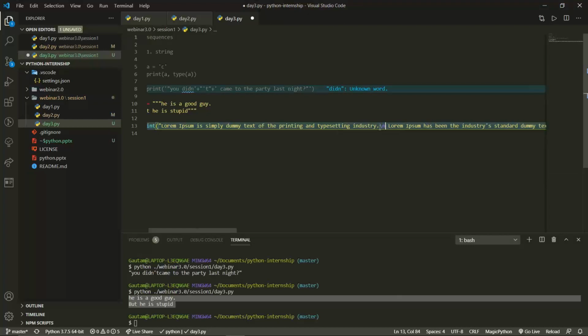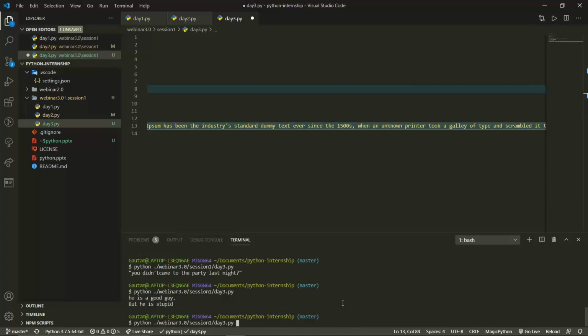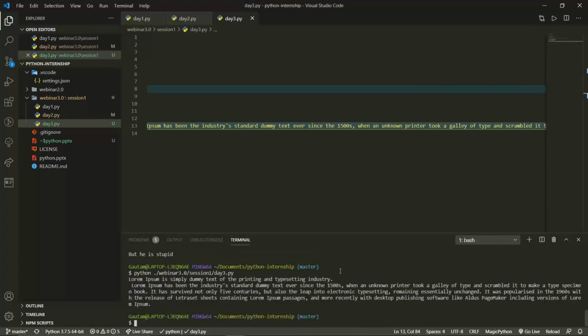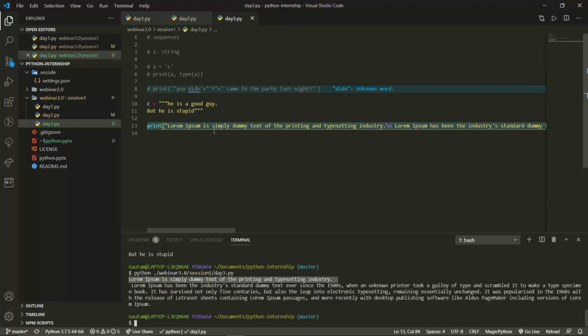Then only will we get the output in the next line. Like I have put a \n over here, so I'm getting the output in this next line. In that case, if I put a triple quote and paste the entire thing, it will come in separate lines, and this becomes easier for us.